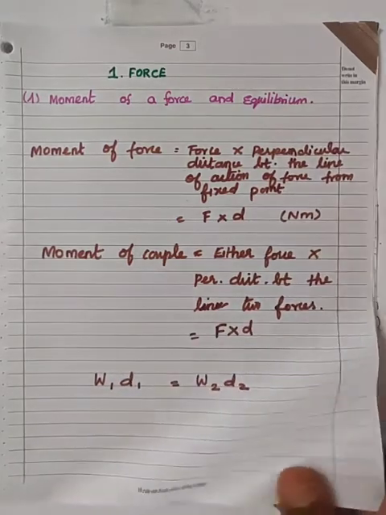In today's session, we are going to discuss only the first two things, moment of force and moment of couple. In the textbook, page number 11, see the first question. The moment of force of 10 Newton about the fixed point O is 5 Newton meter. Calculate the distance of the point O from the line of action of the force. In this question, the magnitude of the force and the moment of force caused by it are given. You are asked to calculate the distance of the point O from the line of action of the force. So first we write the data.